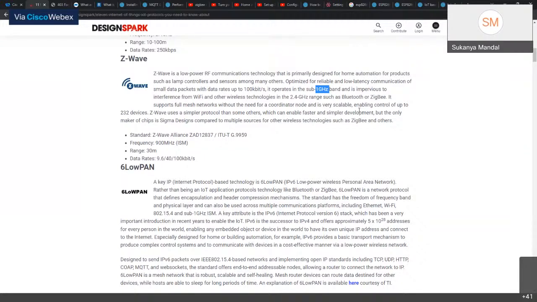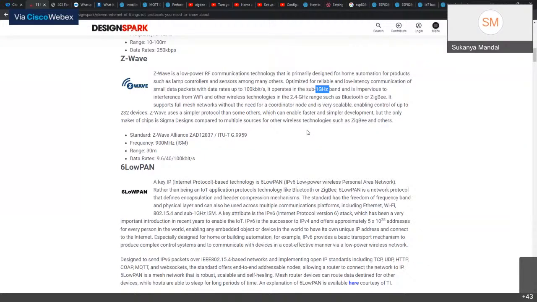first of all, Z-Wave is low power. It's a radio frequency communication technology. Okay, and well, not used much for industrial applications. But if you have any small applications that caters to just like a short distance, then you could use Z-Wave for your applications. But ideally, not used much for any kind of industrial applications.